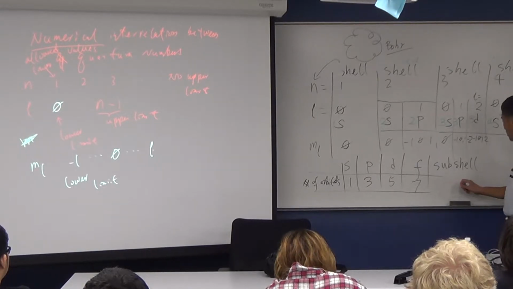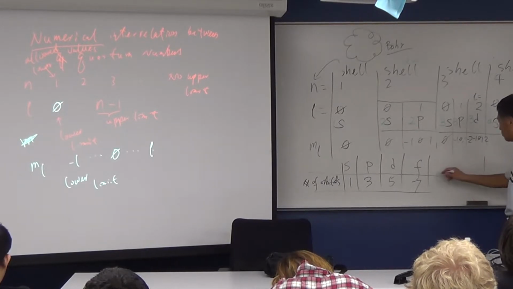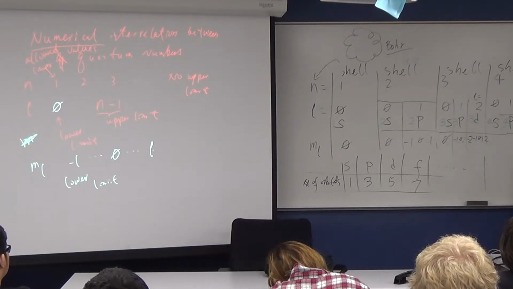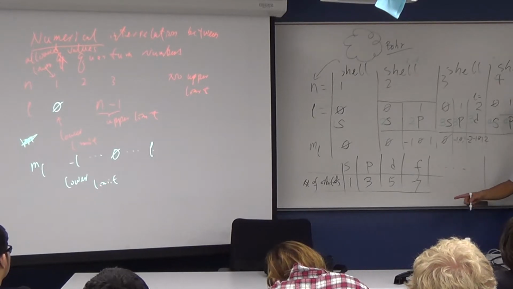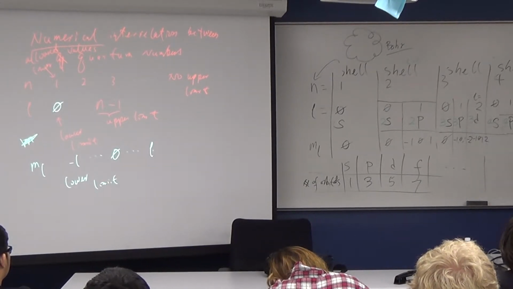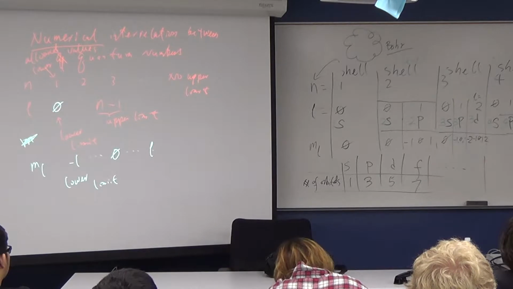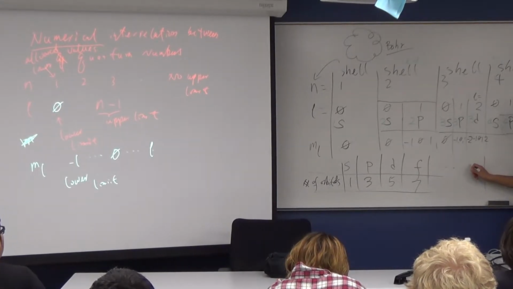Alright, so in general, for some other L, if we put dots, there are some other types. If you study high energy physics, after F comes G, and all the others follow alphabetic order. So F and G, H, I, and so on. You can name all those numbers for L with those letters. So if I draw all those dots, it means I will have just a number L.